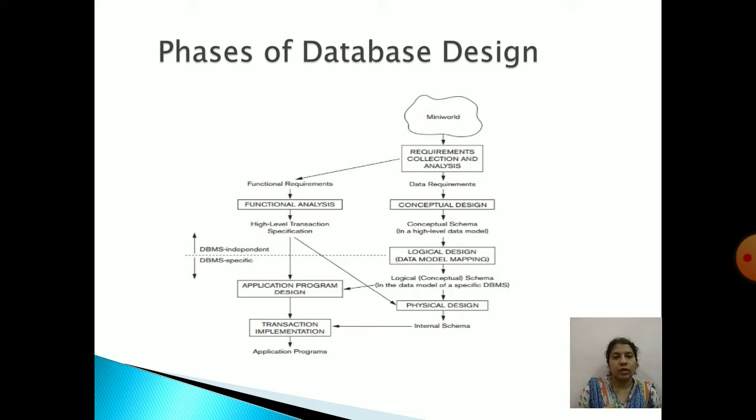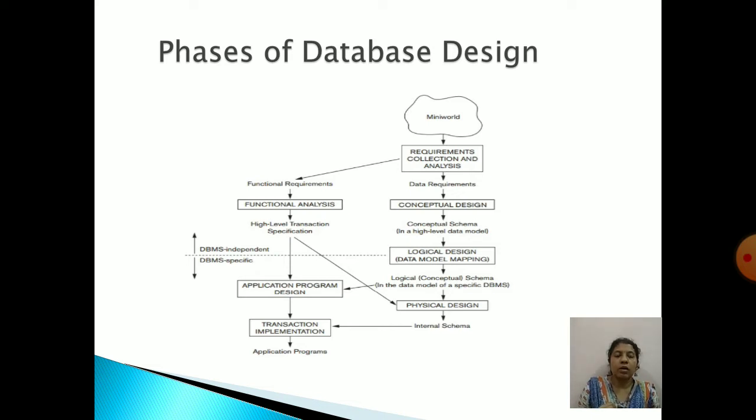Now functional requirements are used to implement the actual programs or the functionalities, and data requirements are specific to the data which you are going to store in the database. Okay, like what all the information you want to store and related to which object you are going to store. So that information will be called data requirement.